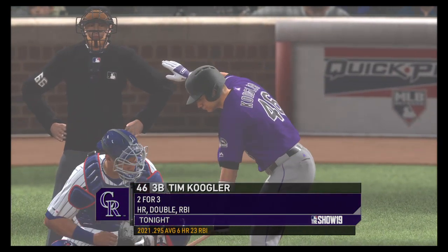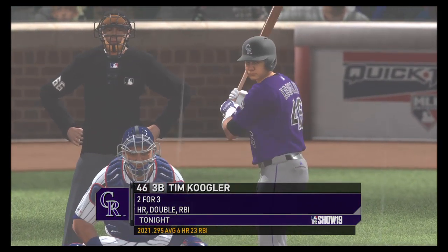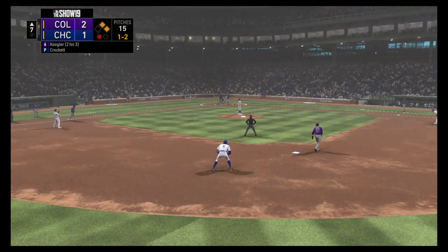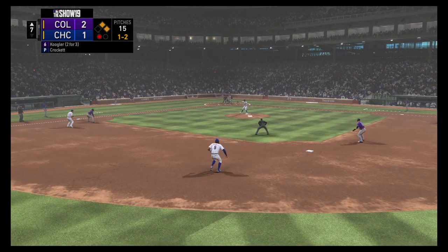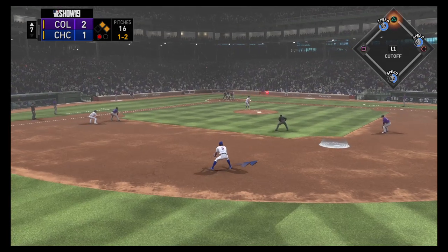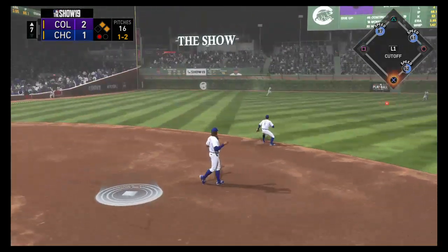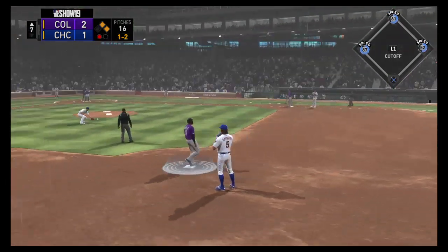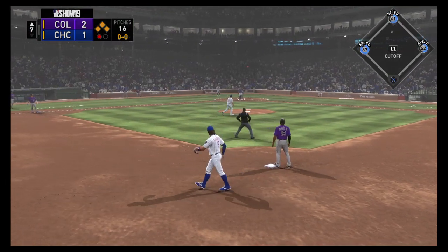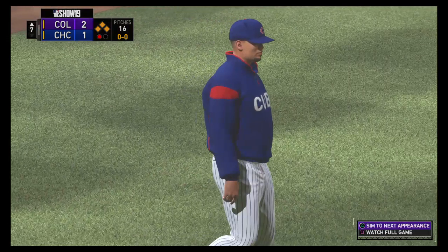So here's Tim Kugler to the plate now. He's 2 for 3 with a home run and a double. Kugler. Line drive base hit. Hey, no running. And they will hold that runner over at third as he'll move up only 90 feet. But the...